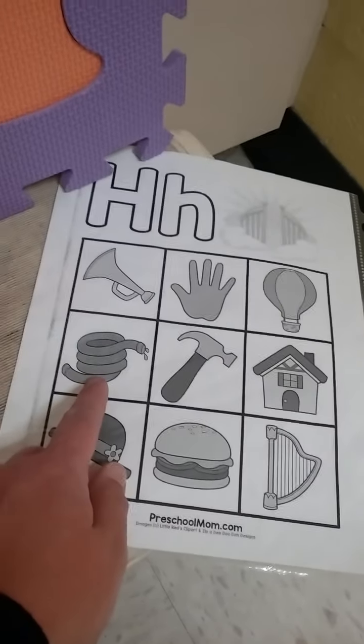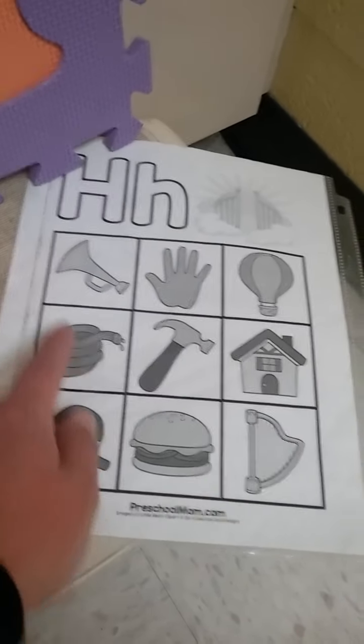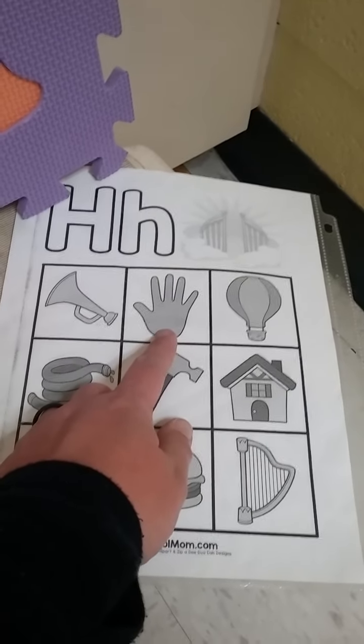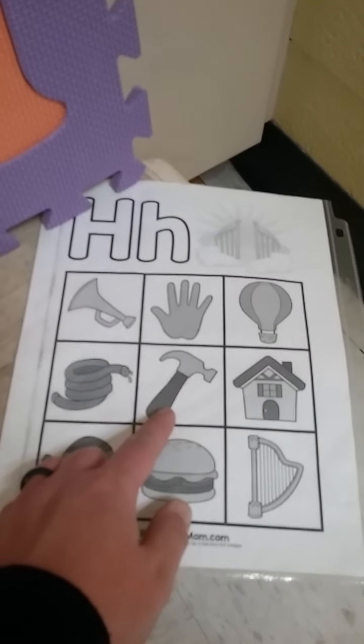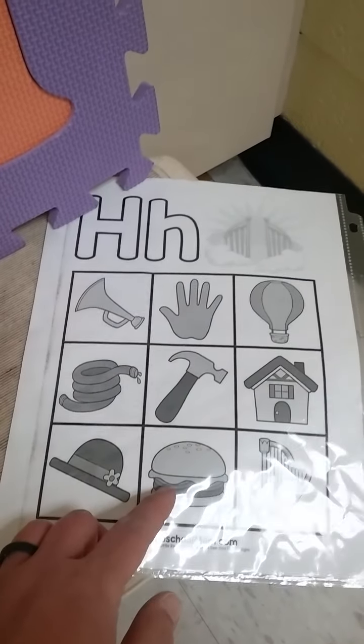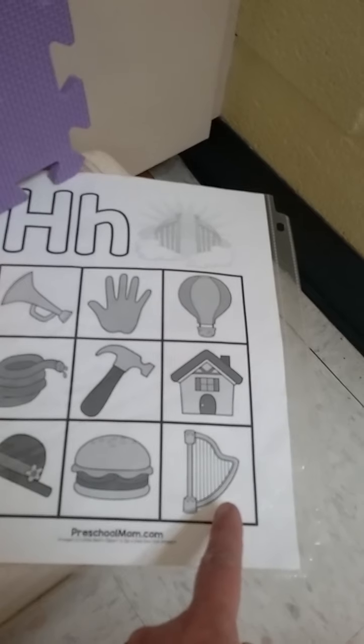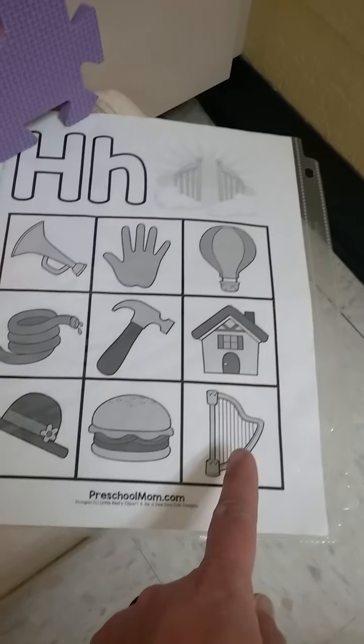Hat, hose, horn, hand, hammer, hamburger. Do you remember what this musical instrument is called? Harp,